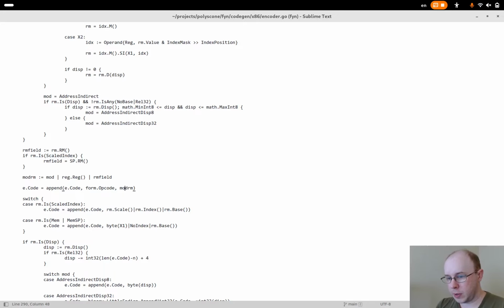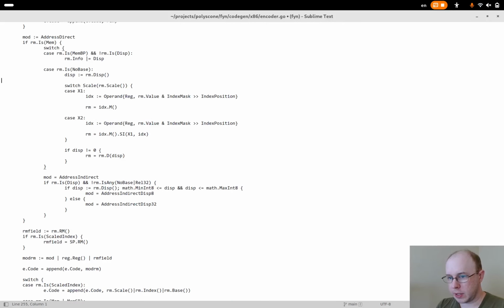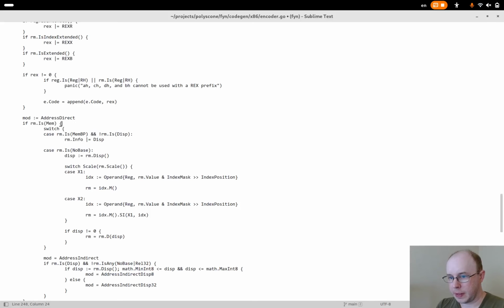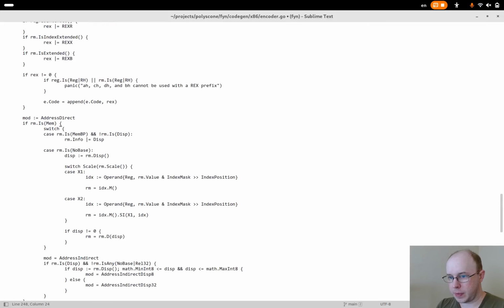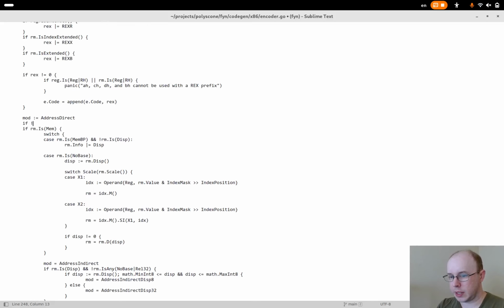So the opcode I will do separately, and the mod RM is just this entire block here. So if RM is mem, I think I only want to do this if the form, I'm going to add another helper called has no mod RM.